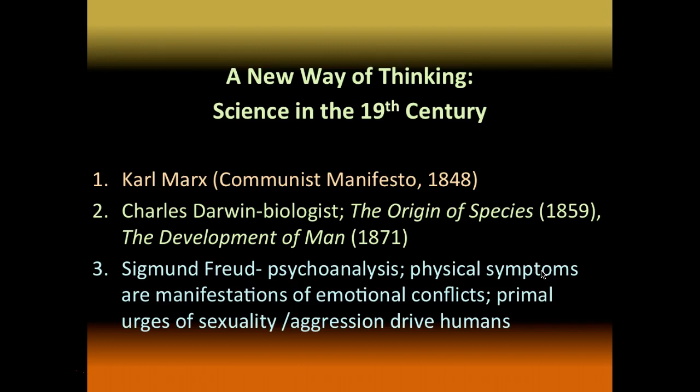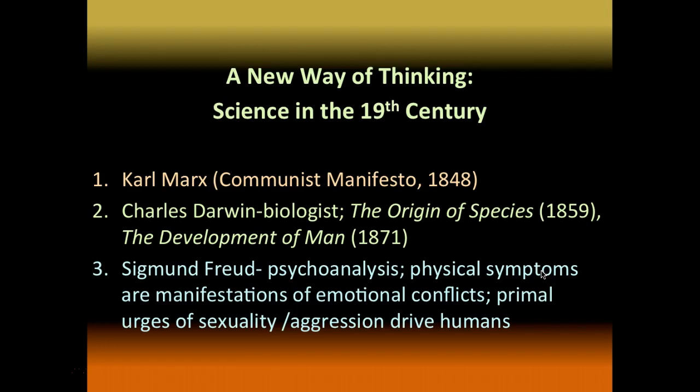And just to touch upon a new way of thinking with science in the 19th century, so the 1800s, we've already talked about a couple of these, but Karl Marx and his colleague Engels wrote the Communist Manifesto in 1848, right at the middle high ground of what was going on. They saw a huge struggle between the classes with grave challenges for the proletariat, the working class. And that's why they came up with that idea of communism, or socialism really.